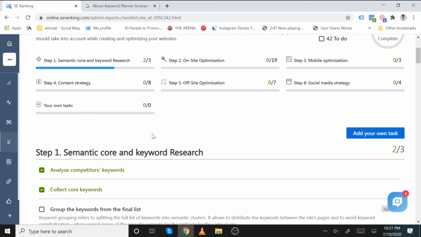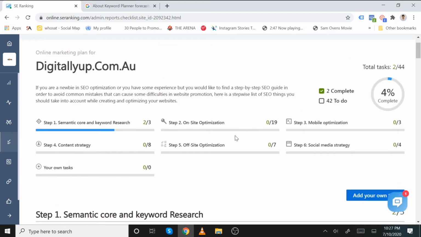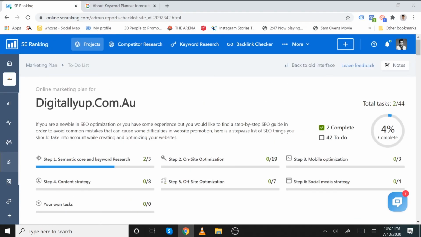very easy for you. So in the end, I will give this software a score of 4.7 out of 5. And I think UI can be a little bit improved. Other than that, it is very feature rich SEO software, and it's like a Swiss Army knife of SEO software. And also it is easy on the pocket. It is cheaper than SEMrush and Ahrefs, and it has all the features of Ahrefs and SEMrush, so it is